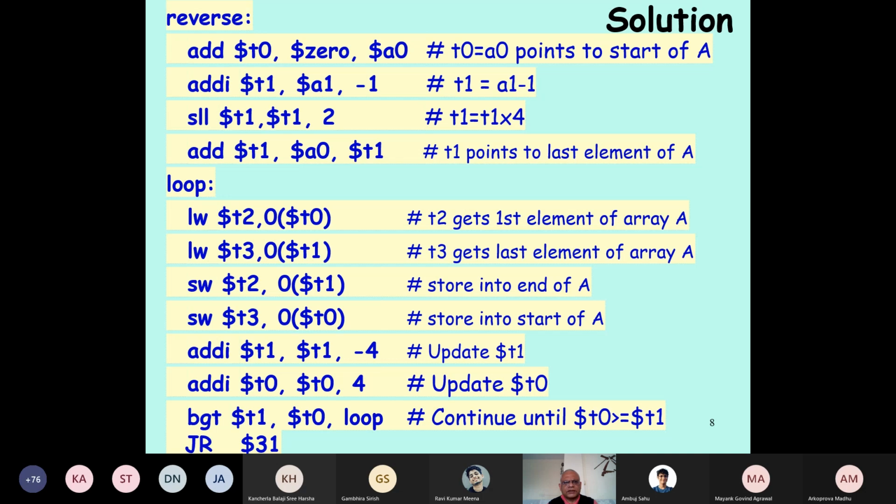So this is basically to find out how many bytes the last element differs from the first element. If length is 10, then there are 9 elements' offset. Each element occupies 4. So we have 36. If the address of the first element is 100, then the last element will be at 136. Is it okay? Yes, sir. Okay. So Madhu, thank you for asking that question.